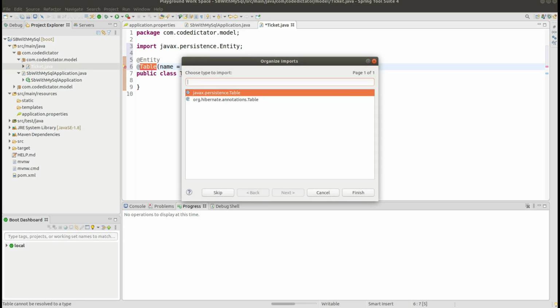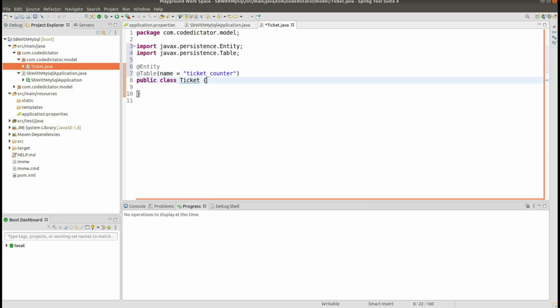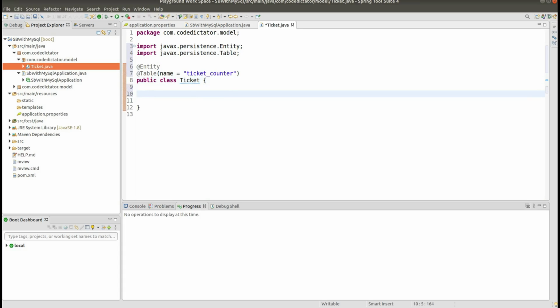Press Ctrl Shift O to resolve all the annotations or all the classes. So choose your javax.persistence Table, don't go with Hibernate right now. So we choose that Table annotation. Right now I have attributes like ticket ID. Basically I'll make all the attributes private, which is of type long, which is ticketId, and again I have private double amount,